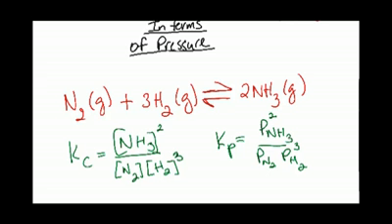Alright? So that's basically how you look at it. There's a relationship between Kp and Kc, which is going to be the Kp